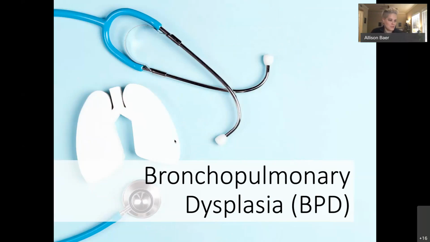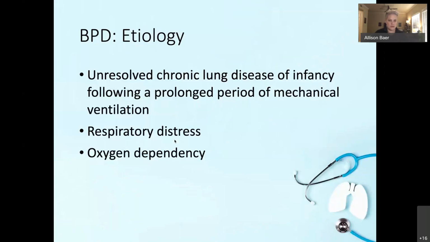Okay, going on to some of the more chronic conditions. BPD, bronchopulmonary dysplasia. We see a lot of this in the PICU, some of our chronic kids or NICU graduates, but it's some kind of unresolved chronic lung disease of infancy. Usually it's from a prolonged period of mechanical ventilation that causes some degree of lung damage. The technical definition is an oxygen dependency at 1 month postnatal age. So if they still have an oxygen requirement at 1 month after birth,